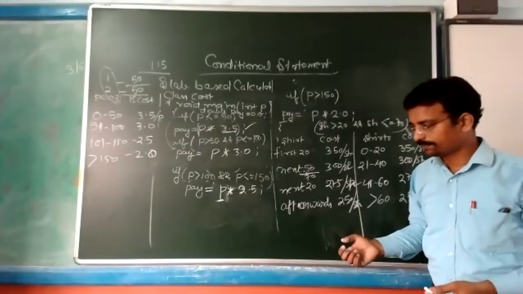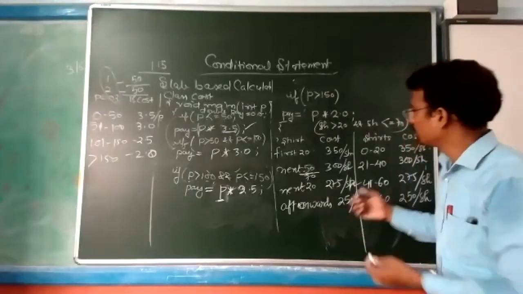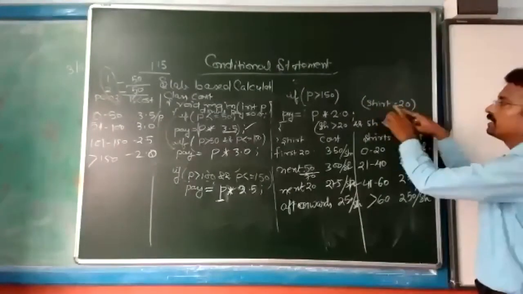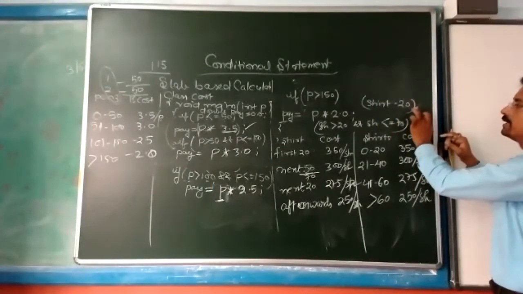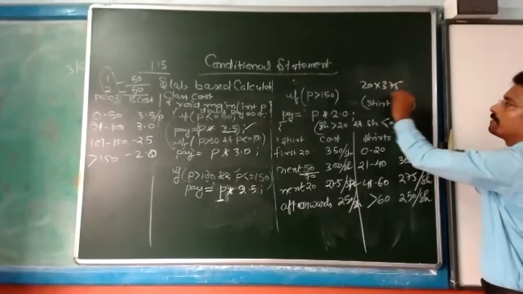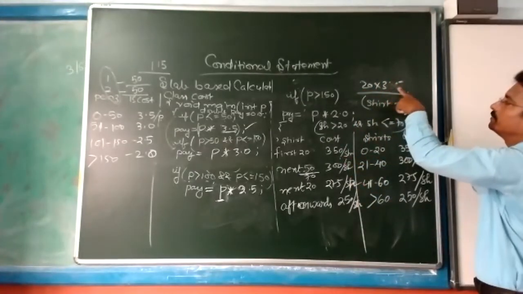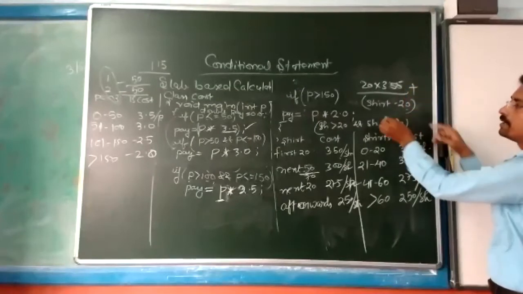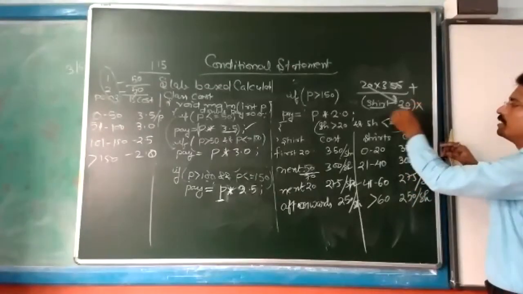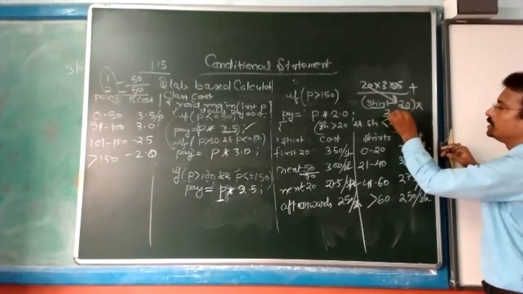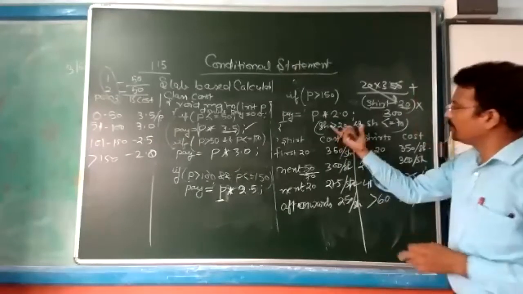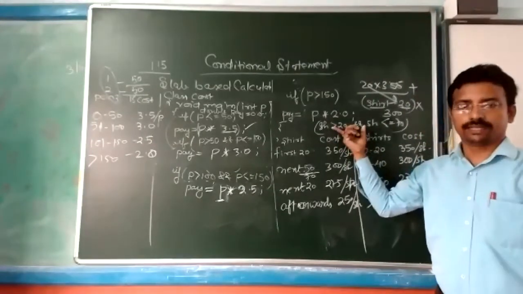And sir, we will subtract 20, no? Shirt, listen, shirt minus 20. This is the starting value that you have already calculated. See, 20 into 350 you have calculated for the first one. After that, plus shirt minus the starting 20 you have calculated, then whatever comes will be multiplied with 300 rupees. That's it, this way. No other change will be there, only the range you will increase, other things will be the same.